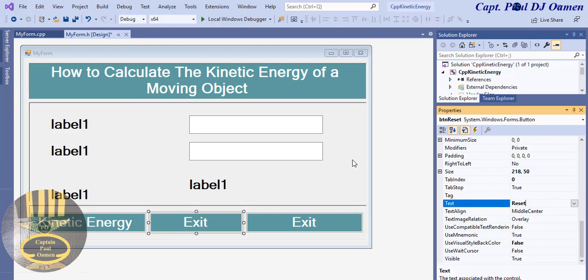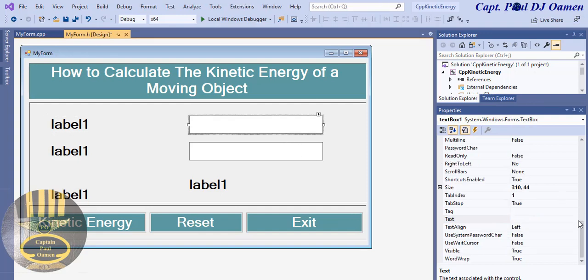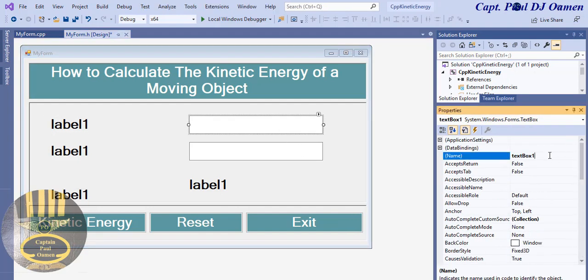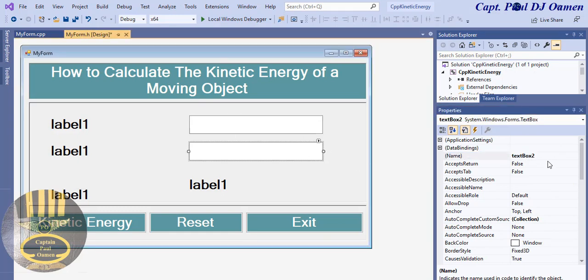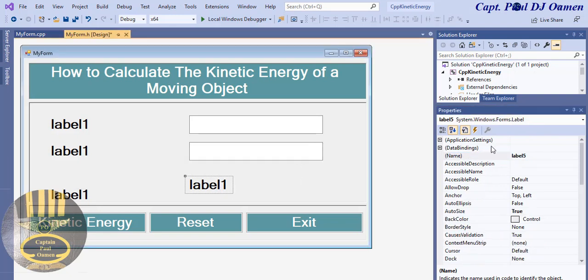That is it, all done. So this, I'm going to change this one to TXT mass, and this is going to be TXT velocity. This is going to be LBL energy,